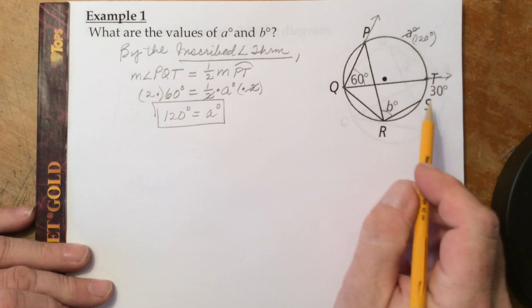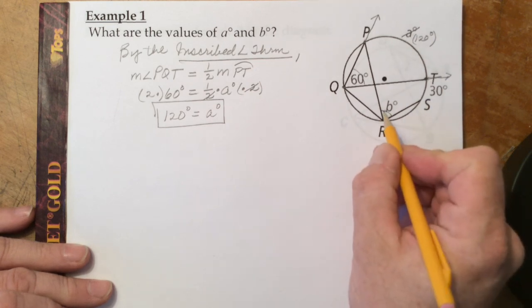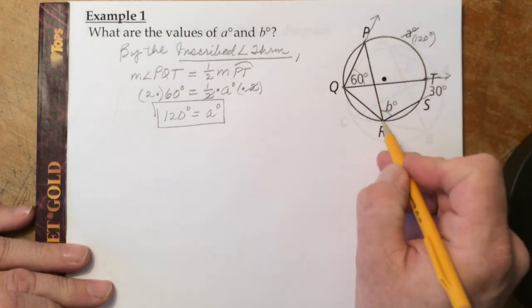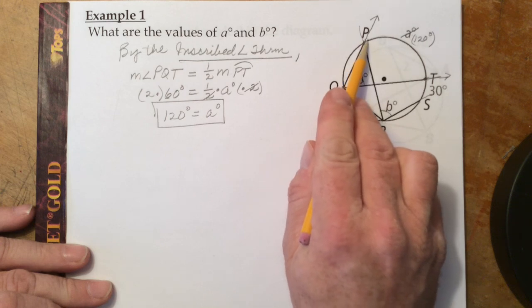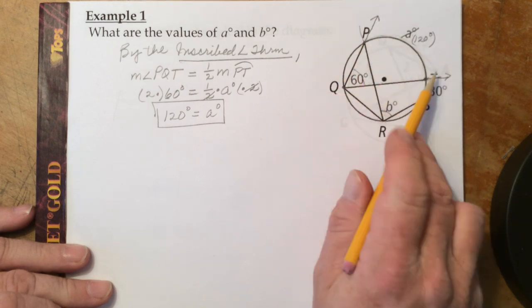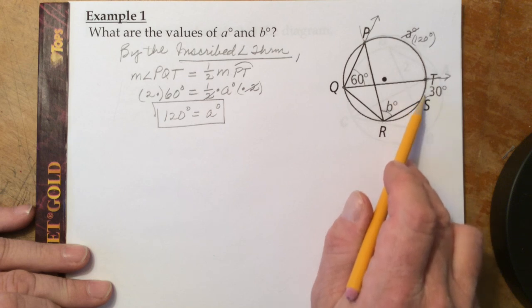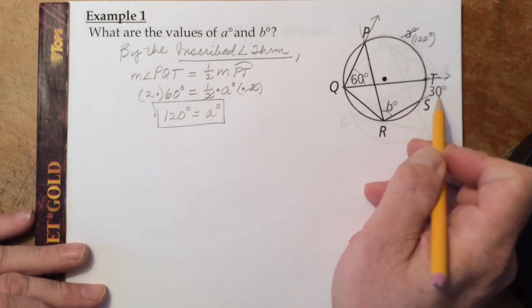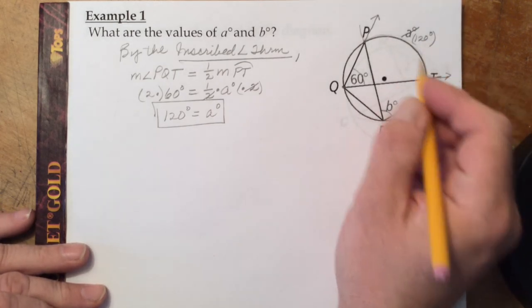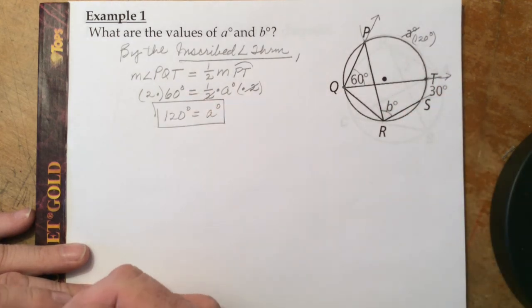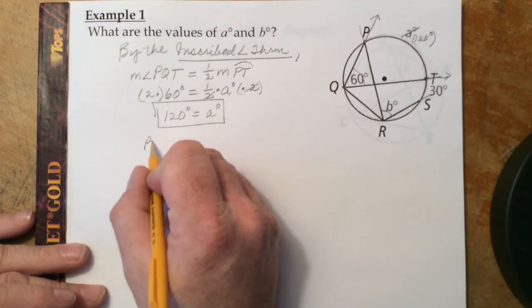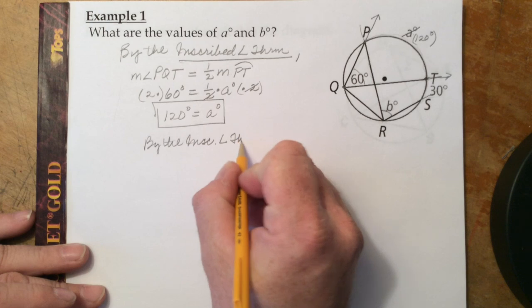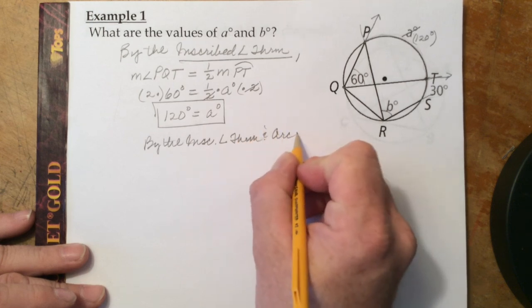Now, for B degrees, notice B degrees is angle PRS. And angle PRS intercepts two arcs. The arc we just found, PT, which is 120 degrees, plus the arc right here, TS, which is 30 degrees they give us. So we're going to be using arc addition. You can either add these first and then use the Inscribed Angle Theorem, or you can put it all together like this. So by the Inscribed Angle Theorem and arc addition postulate,